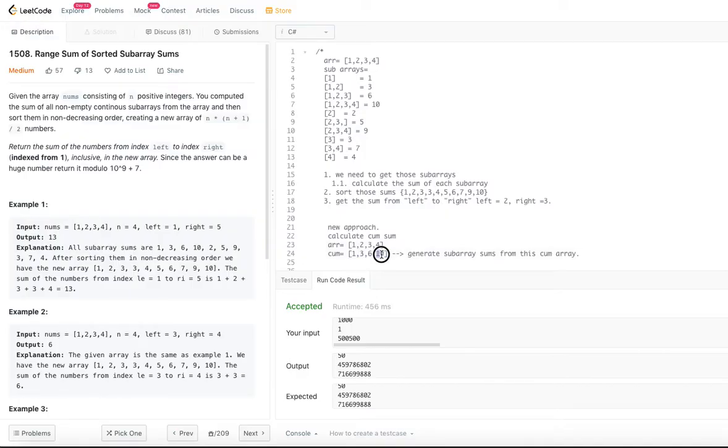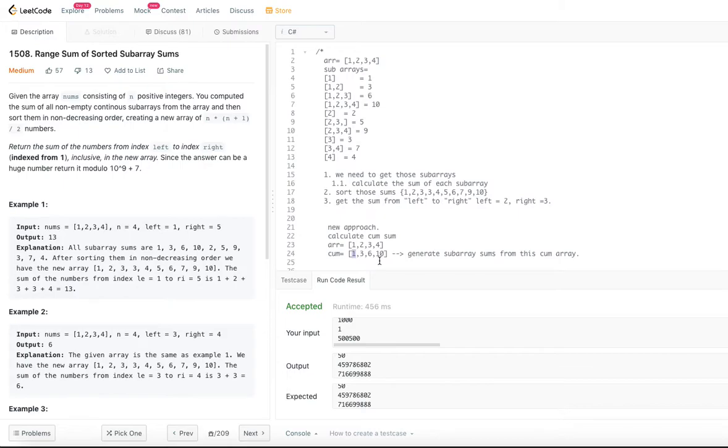10 minus 1. We want the sum of these, so we just want to remove 1 from it. The sum at index 4 is 10. The sum until 1 is 1. Just subtract those two numbers: 10 minus 1 is 9.